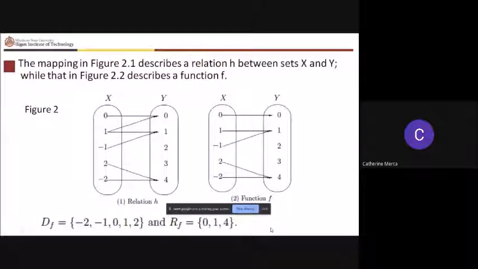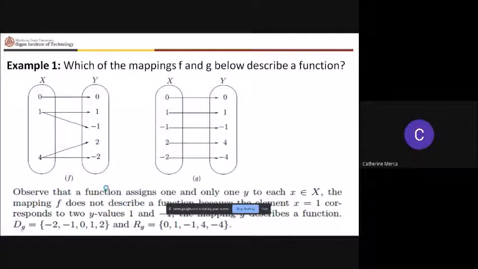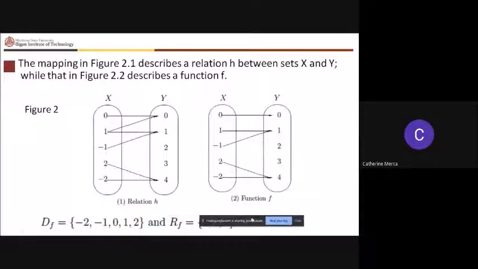So how does it look like? If you take a look at this, asan dito ang function? Asan ang relation? The mapping on this figure describes a relation for the first mapping, and this one describes a function. Why? On the first set here, X has elements 0, 1, negative 1, 2. Okay? Remember that, oops, wait for a while. Nawala siya. Okay. Remember that if it is a relation, to each x element of X, there is at least